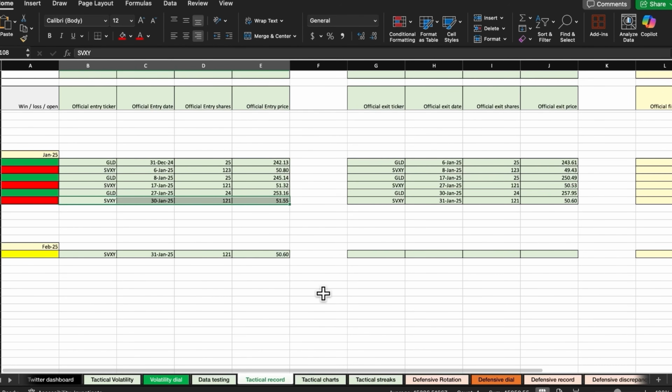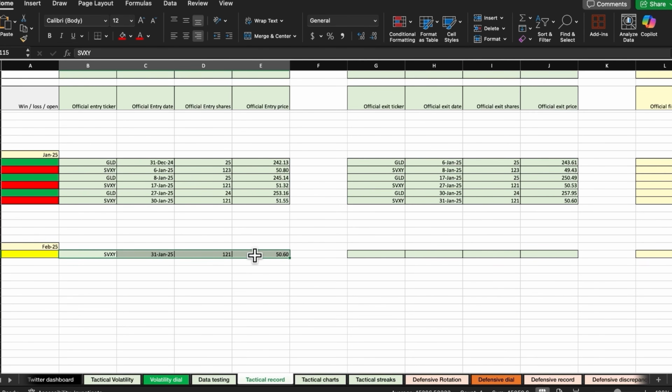Now, this is where we mark the end of the month. You can see that's the 30th of January. There was 31 days in that month. So on the 31st, at the end of the day, I mark the price. So this one here to start the month is the end of day price the previous month. And this one here is the end of day price during this month. And then you can see this SVXY is going to be carried over, and that's the same one down here